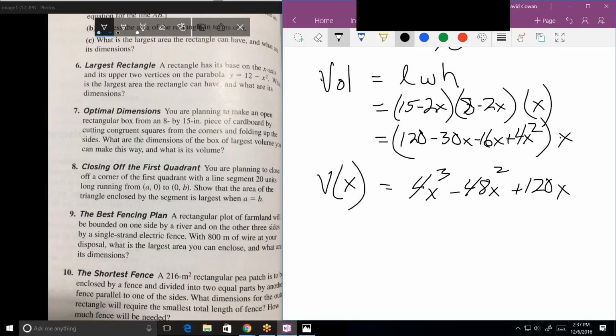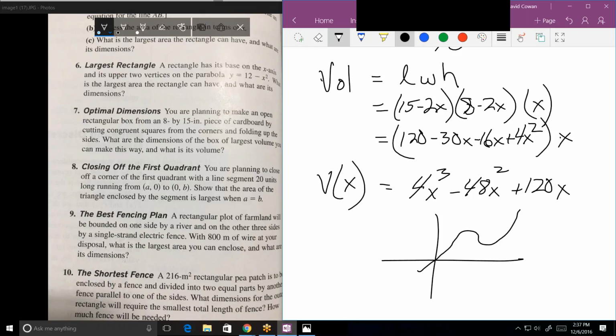So, before calculus, we would just try a whole bunch of different x's, and whichever one came close to producing the biggest volume, that's the one we would choose. But from a mathematical perspective, we can find the exact x that produces the maximum volume. If my volume function,